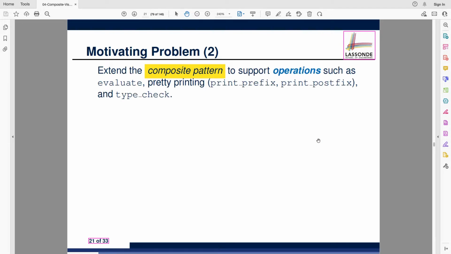And here is the question, which will be very relevant to your project. Let's say, given the abstract syntax tree, we actually want to support various operations. I'm just giving you some examples. It could be pretty printing. You may want to pretty print maybe the tree in prefix notation, postfix notation, or type check. Of course, there might be other operations you could potentially support. Maybe you want to generate C code or generate Python code from your tree. And the question is,